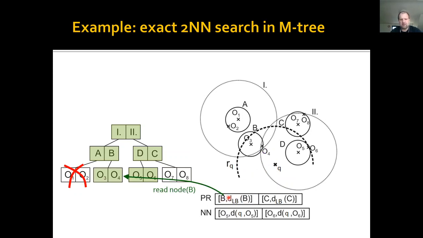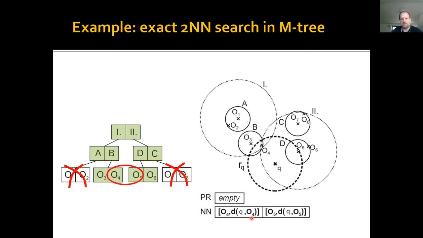So we get unwrapped B, get another node at the leaf level with objects 03 and 04, update NN, and basically this is the last step because we updated to 04 and 05 as the candidates, which is 04 and 05. Because of this, the radius dropped to this value, and the C